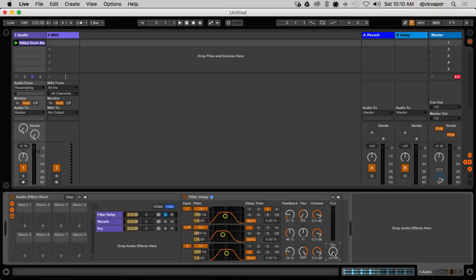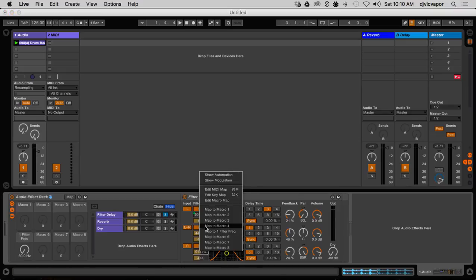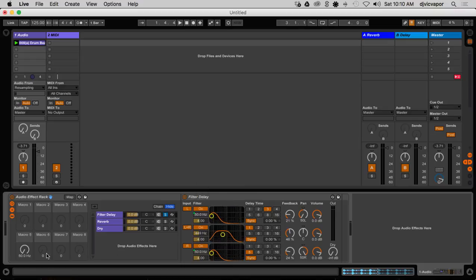The dry is turned all the way down here. Feedback's kind of set wherever, but yeah, it's a little bit better. All right, so first thing I want to do here is map a few macros on the filter. So we will go with this guy right here, and we're going to work on the bottom row. So we'll map this guy to 5, and we'll map this guy to 5. So now we've got